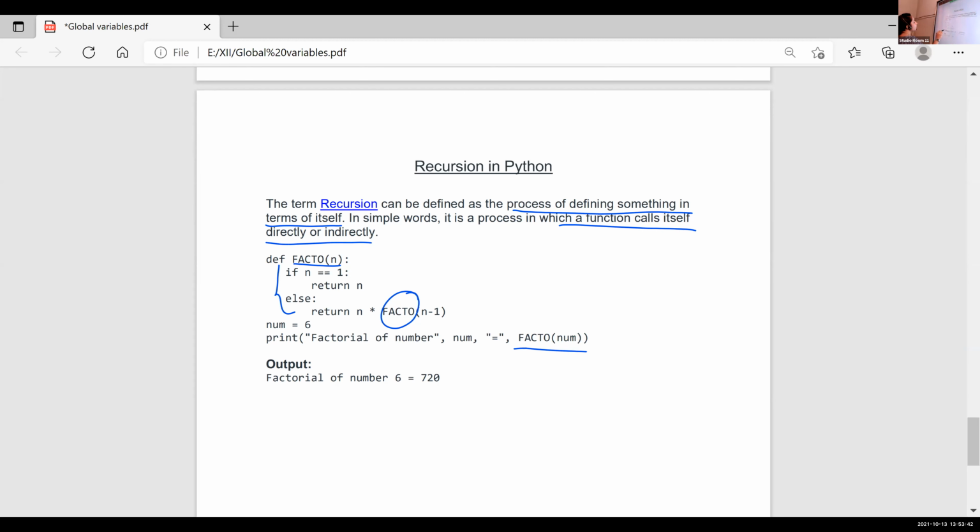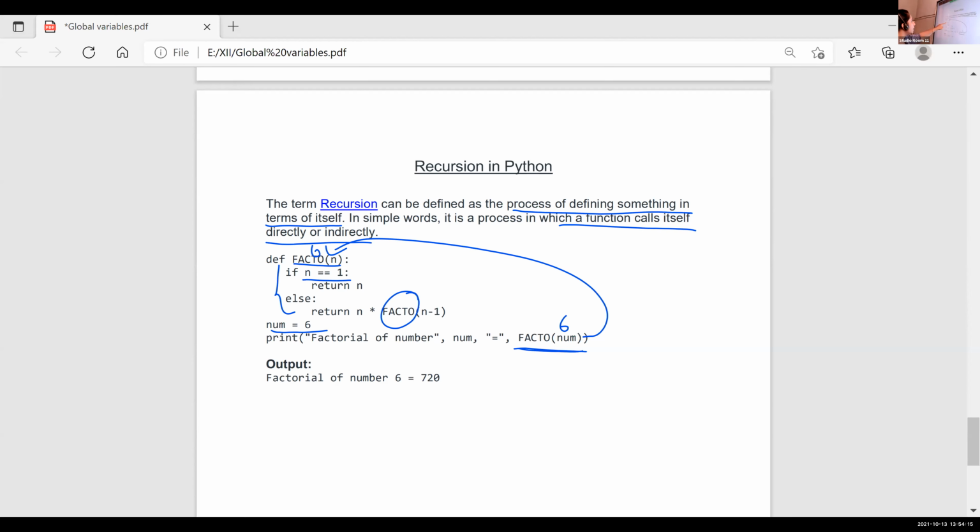Here, I want to find the factorial of 6. So the factorial of number 6 will display like this. And after that, I want to call this function factorial with number 6. So control moves to this position. Here the value of n is 6. Then first it will check if n equal to 1. If n equal to 1, the result is 1. 1 factorial is 1 itself. So it will return 1.